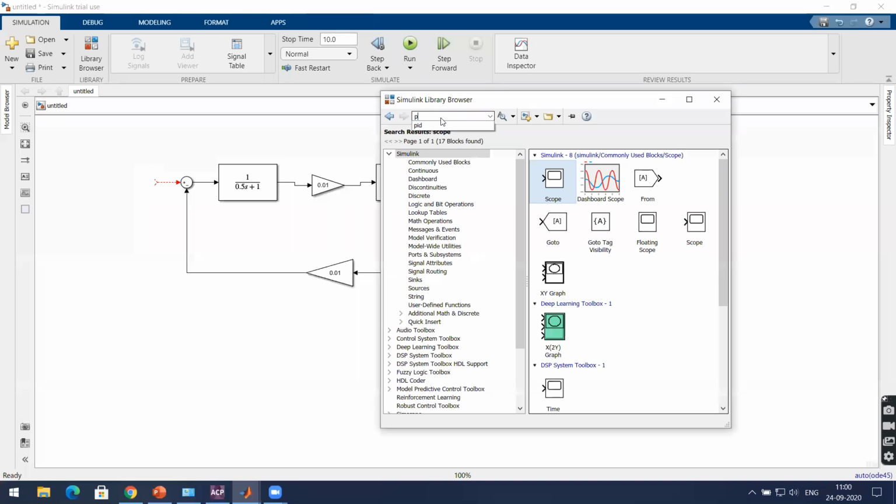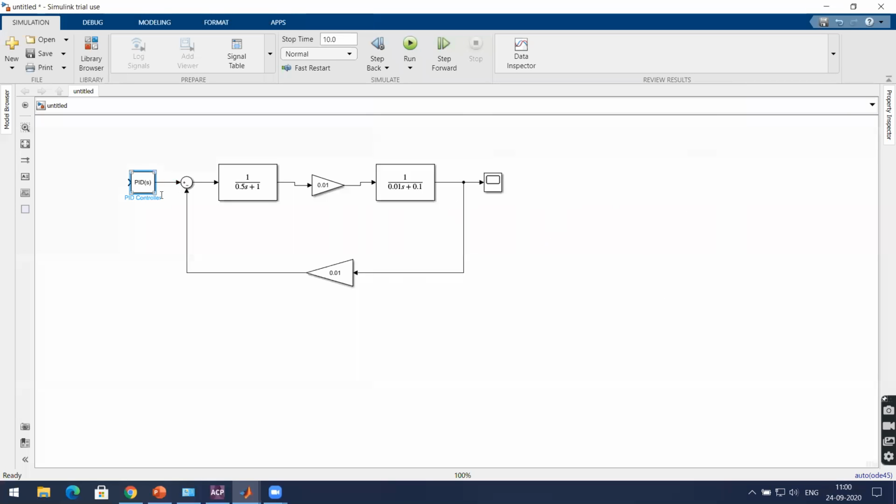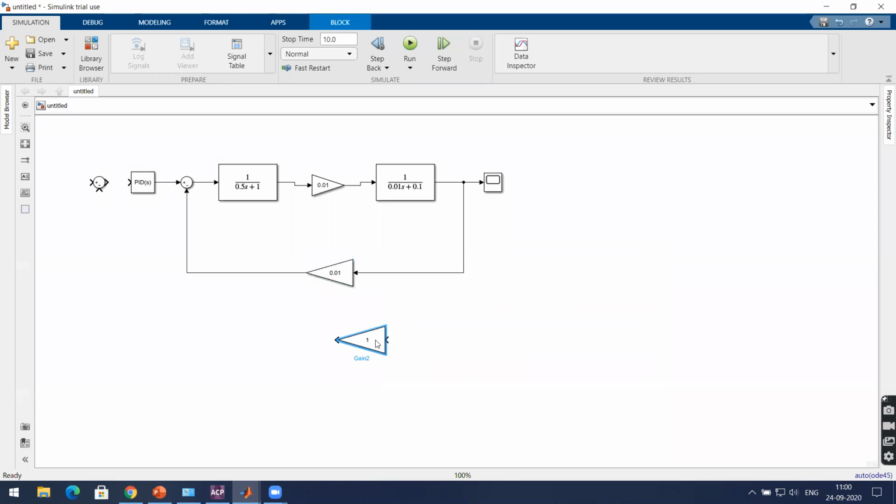So I'll delete this. Okay, what I'll do, I'll put a PID controller. I'll add a PID controller to this, and then what should I do? I should have another summation block here, having the negative feedback, sir. And then omega should be the feedback. You need to have a gain here of unity feedback. So gain is 1.